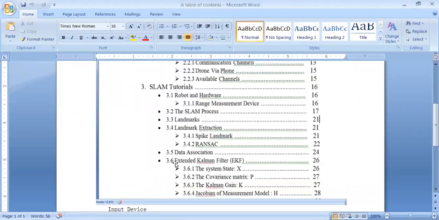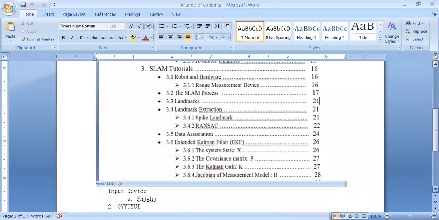Now you can see in the given example that it is written here 3.6, and now this is 3.6.1, 3.6.2, 3.6.3, meaning these are the subsections of the section 3.6, and 3.6 is a subsection of chapter 3. So this is a way in which you can design your table of content, and with the help of a table of content, it is very easy to understand how many sections or subsections a particular section or chapter contains. So we can create it also.